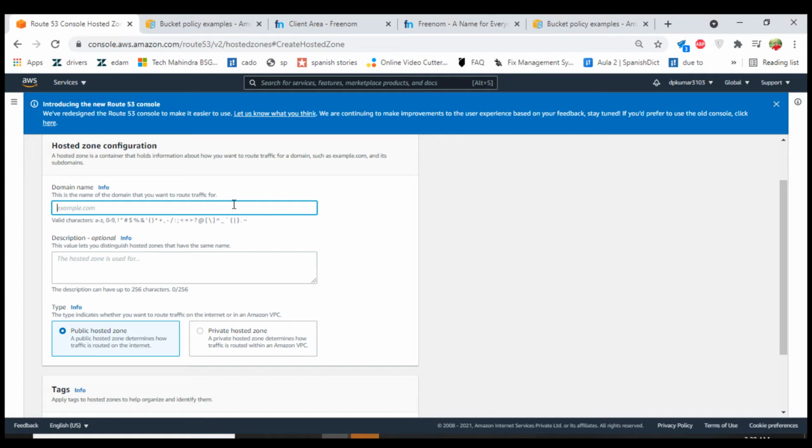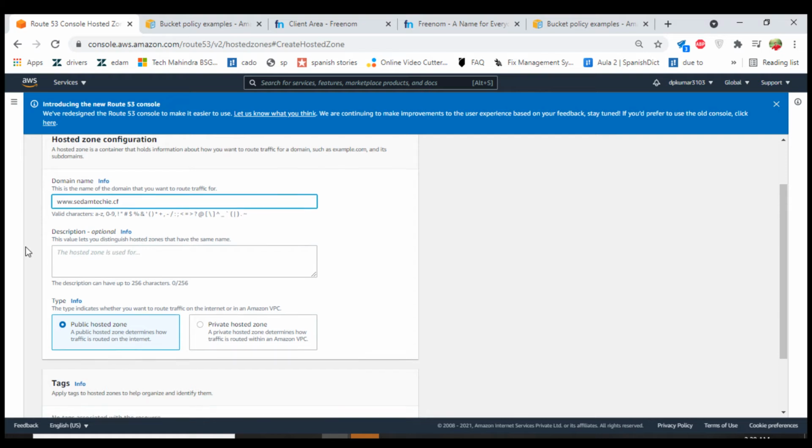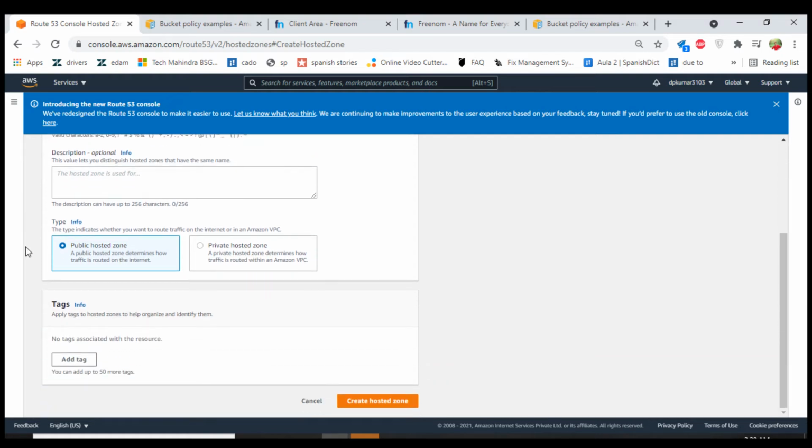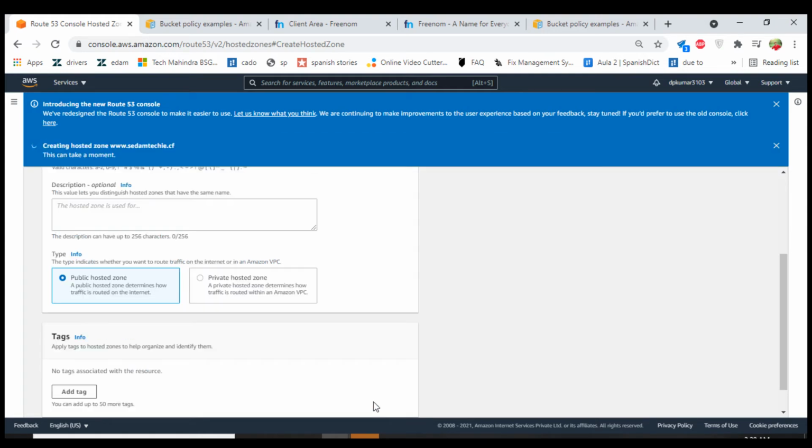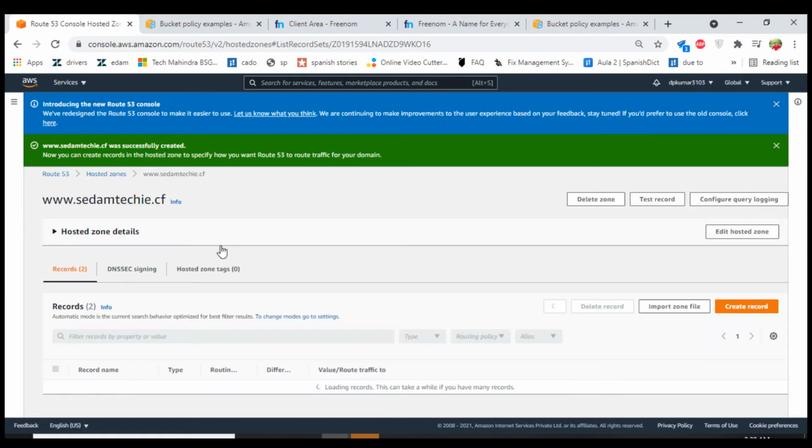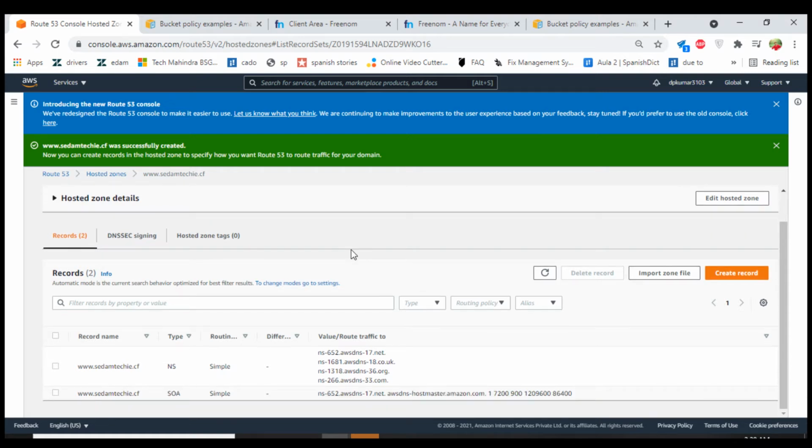Type the domain name. Public website. Yes. Now create hosted zone. Here we have 4 records with name servers created.